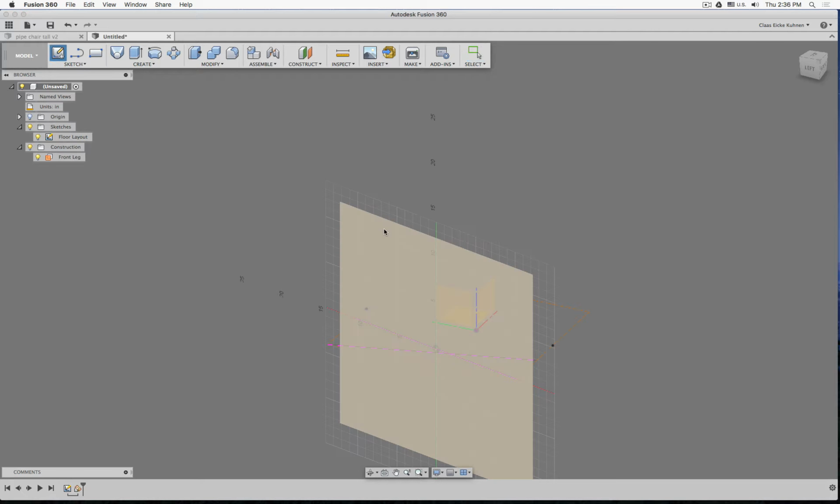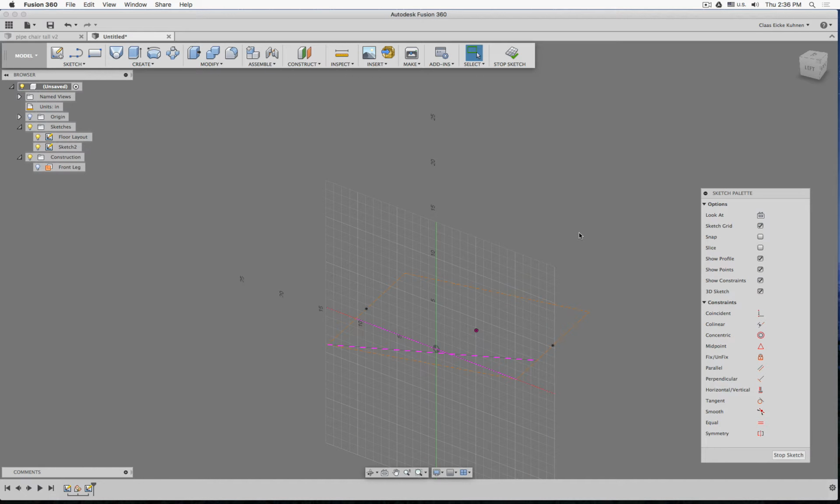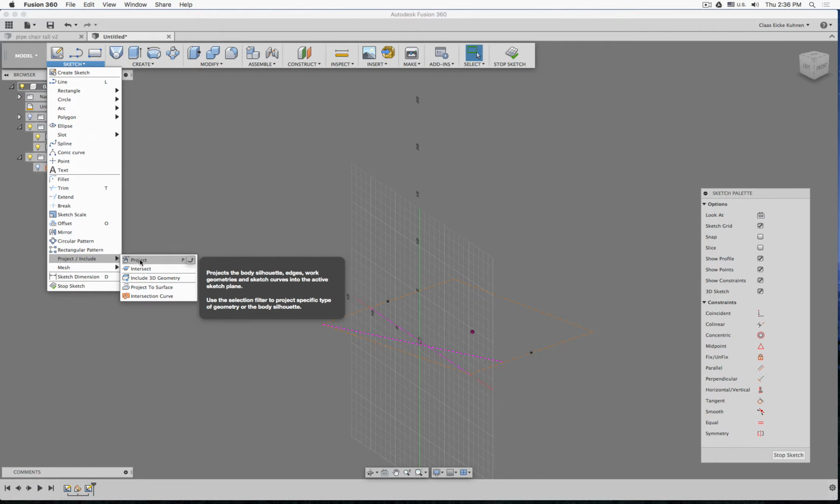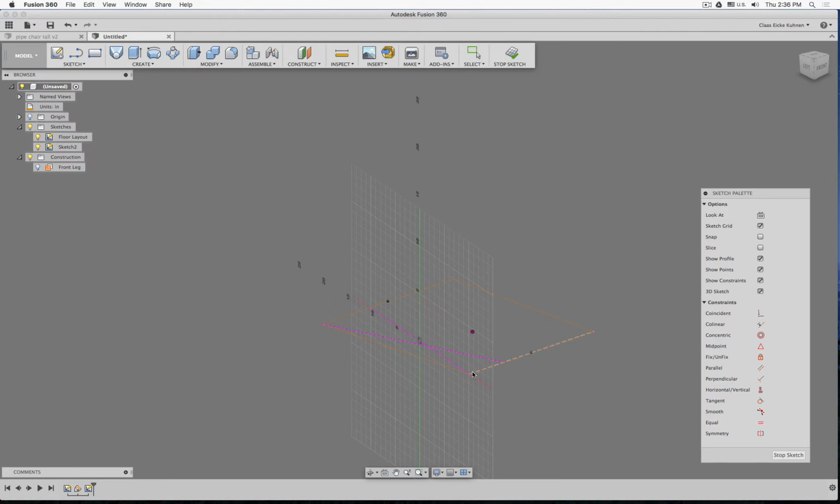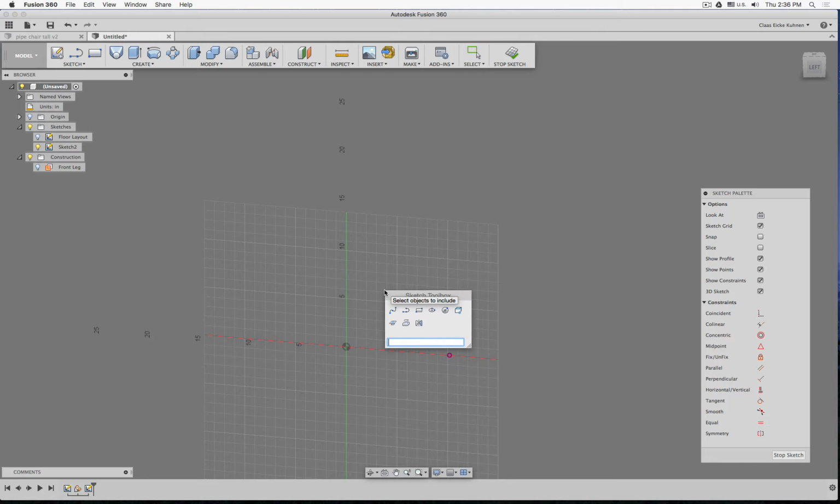And then on this plane now we can create a new sketch, and you see it lines up, so we have it rotated. Perfect. Now I want to be able to start my sketch here at this point. So 3D include this point, then I can hide the sketch. So now I know where actually my leg should start. So I can press S,